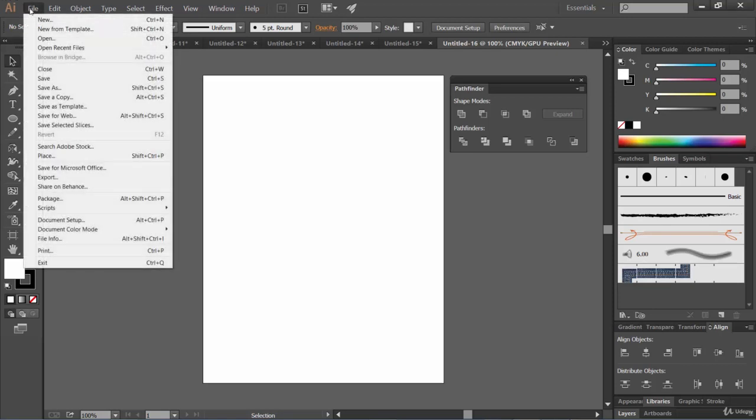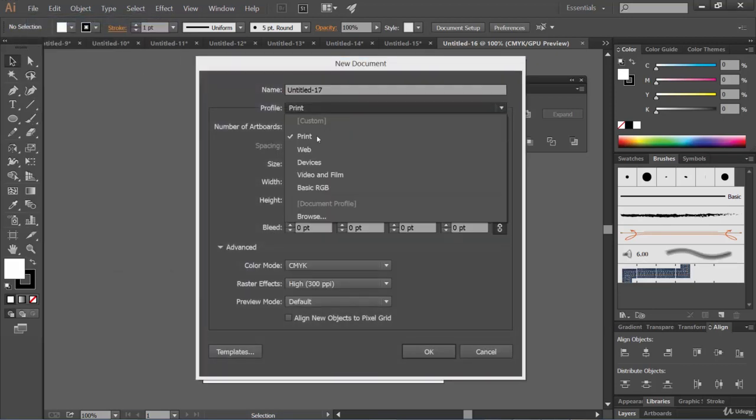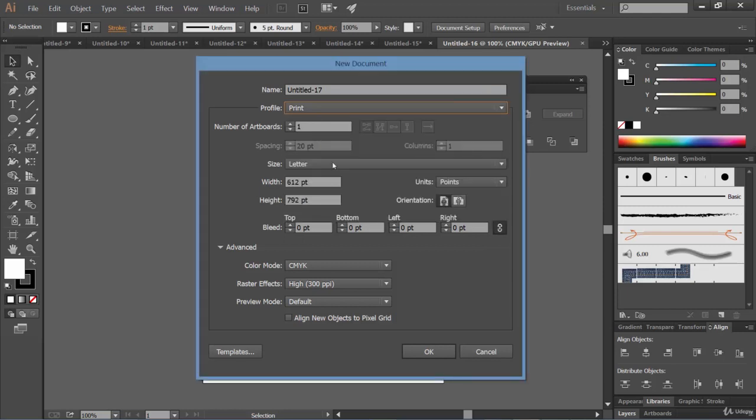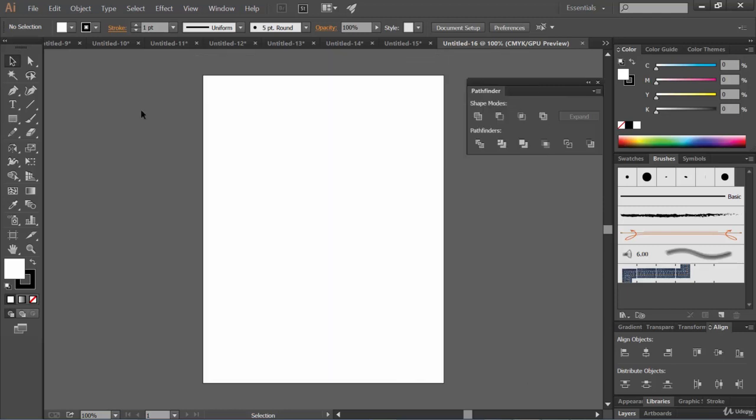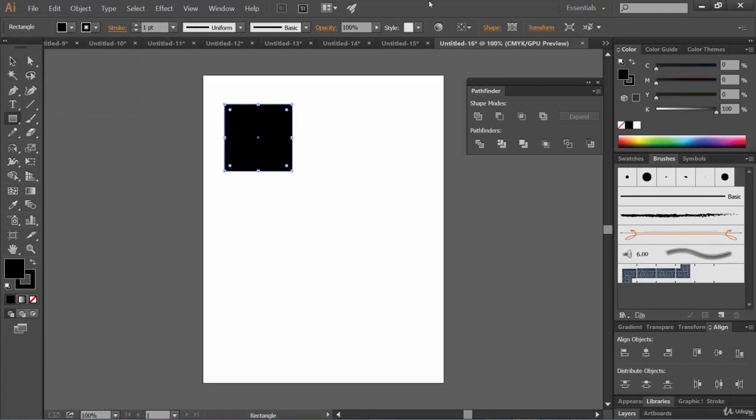So first of all, let's go to File, click on New to create a new document. Let's make it print only. Now let's create two rectangles of same shape. So first of all, let's select the rectangle tool, draw a rectangle, and while drawing a rectangle, make sure to hold the Shift key to create a perfect square. And let's provide a fill color of black